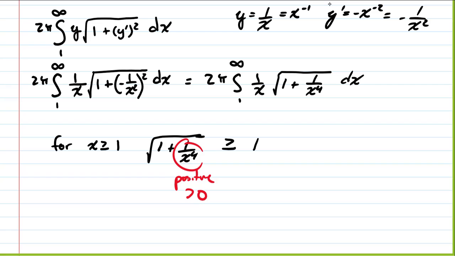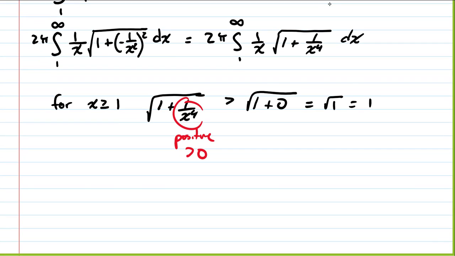No, right? So in fact, we can get rid of this. This will always be bigger than 1. Because if you take the square root of a number bigger than 1, it will get smaller, but it will never be 1 itself. The only way to get 1 as a square root is to take the square root of 1. So this will always be bigger than 1. So if we want to be a little more explicit, this is bigger than this, which is equal to this, which is this, right? Well, then that tells us that